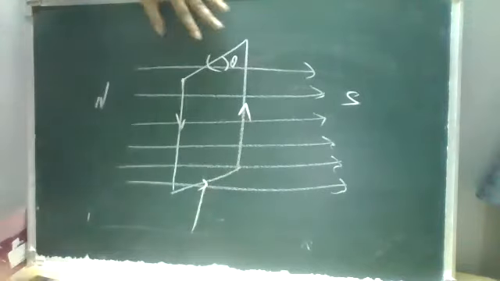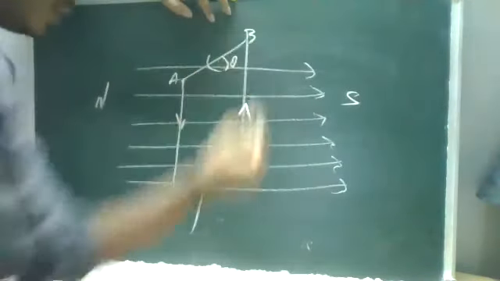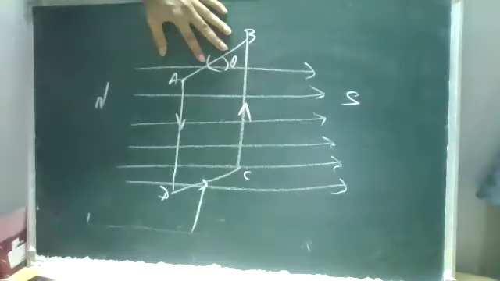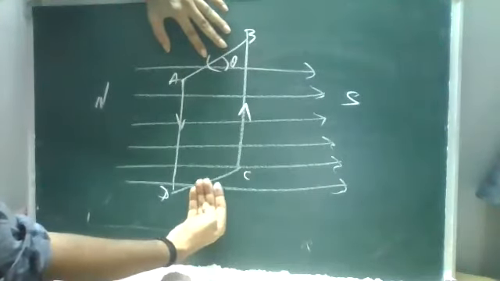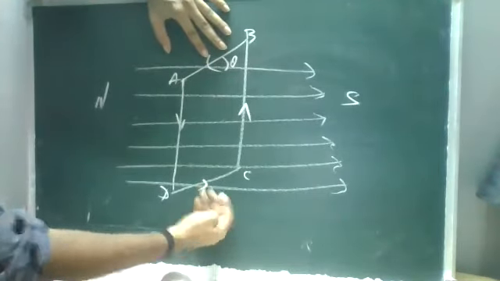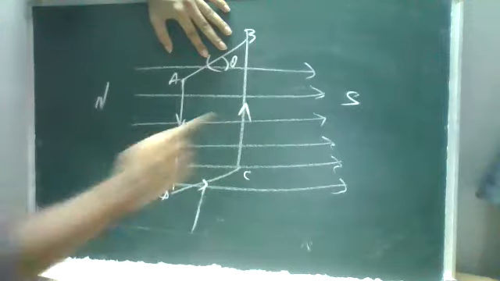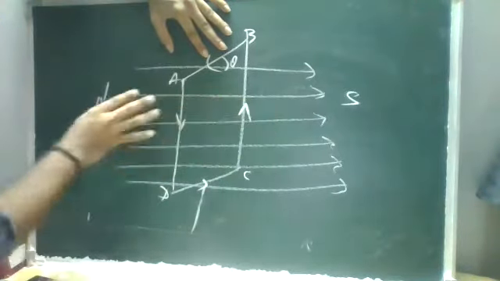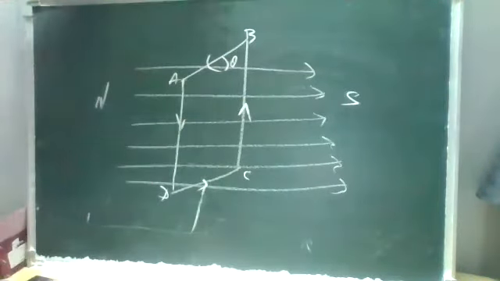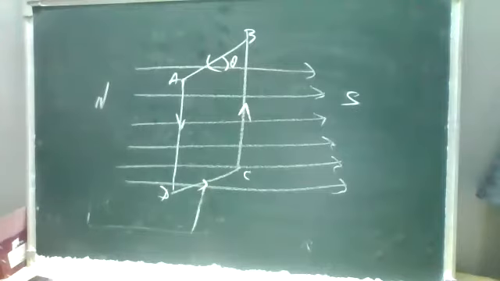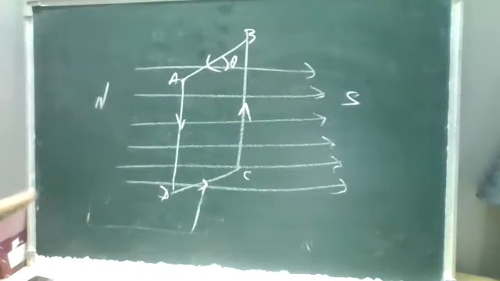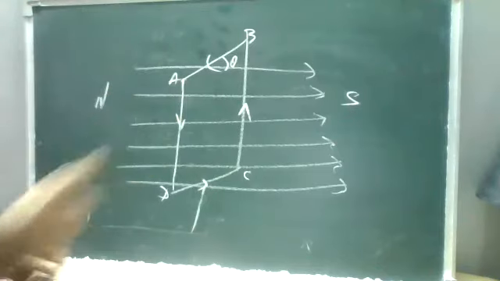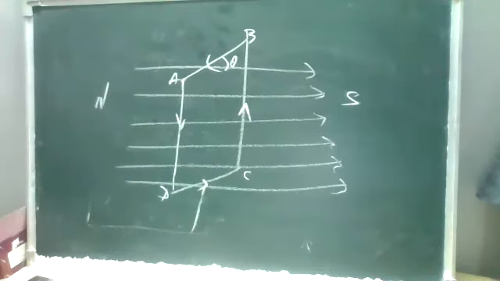Looking at the upper part, that is A, B, C and D: in the upper sections AB and CD there is no magnetic field here. So the magnetic field and the forces will be acting only on the AD and BC portions, because only these are affected. Now, using Fleming's right hand rule, because there is a movement, we'll discuss the torque here.